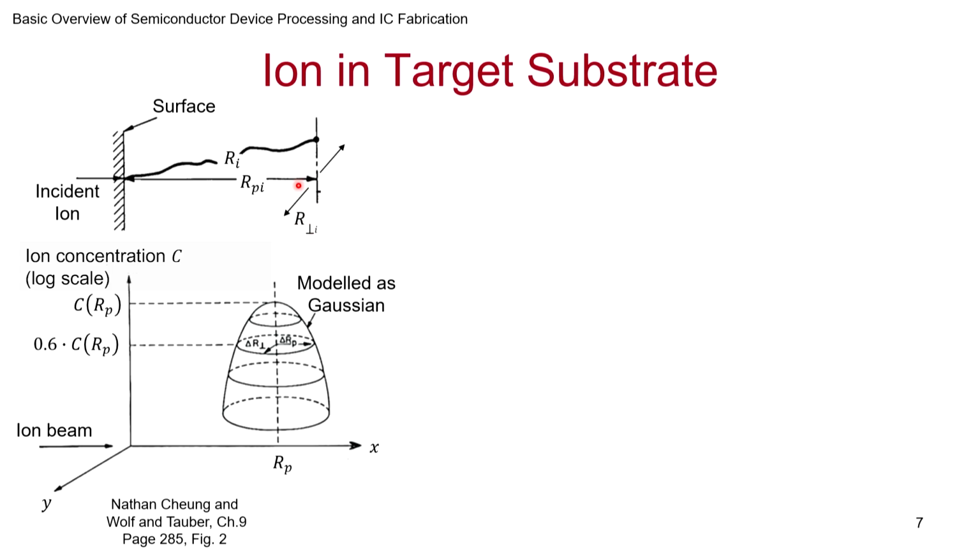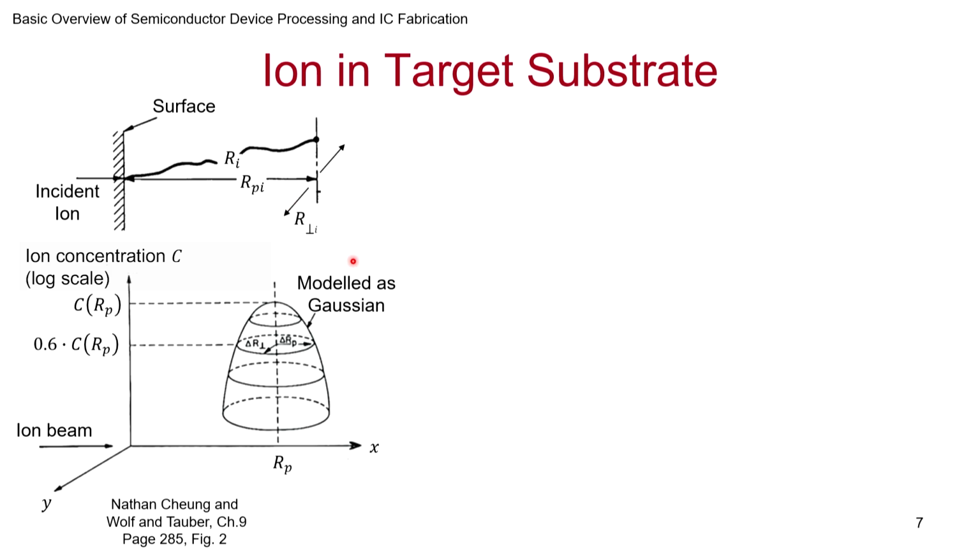And similarly, this has a particular deviation. So this is R perpendicular, and for the ith ion it will be this much. So this also has to be collected. This information in all the directions should be collected, so the R perpendicular as well as in the longitudinal direction. The longitudinal direction will be the variation that is happening in this direction. Okay. So the statistics will bring that out.